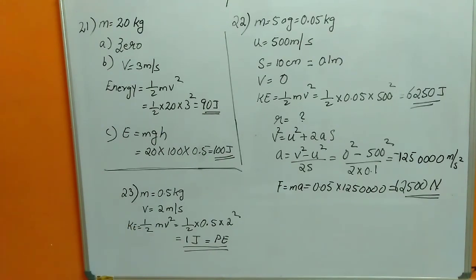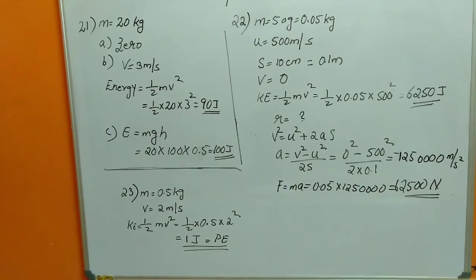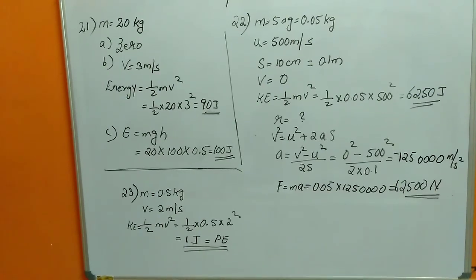Calculate the potential energy. So you are asked to calculate potential energy, but we have mass and velocity. We don't have a formula relating potential energy with mass and velocity. But we know kinetic energy is half mv square. Calculating, half mv square, we will get 1 joule. But we have to keep in mind that due to the potential energy only, the trolley moves. So we can say that the kinetic energy of the trolley is because of its potential energy. So the potential energy is 1 joule.